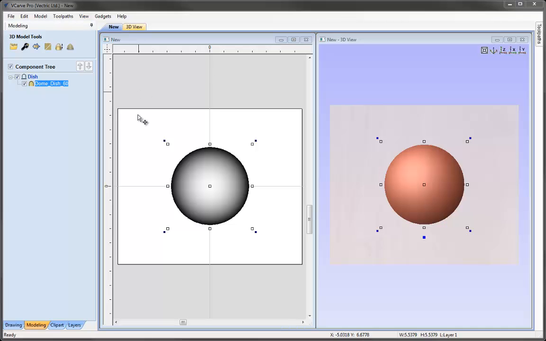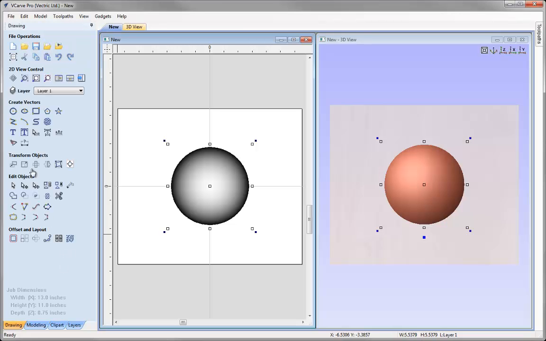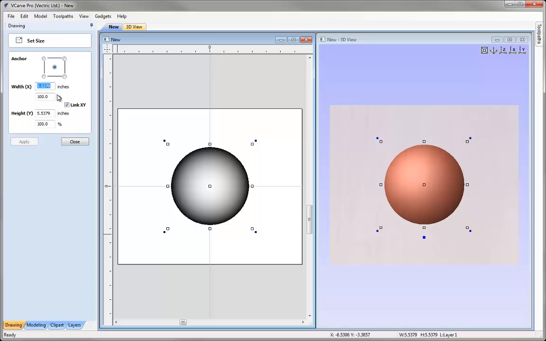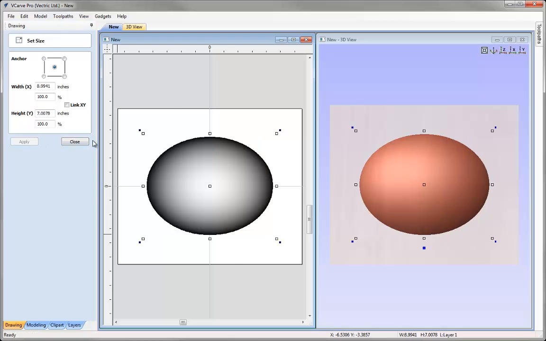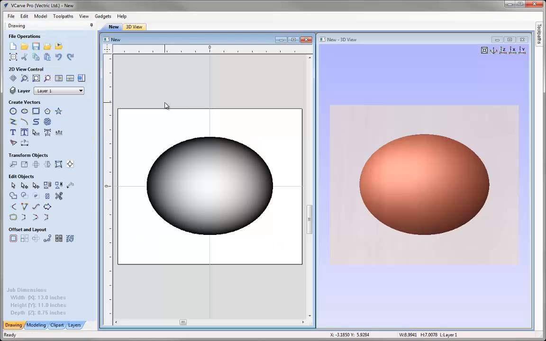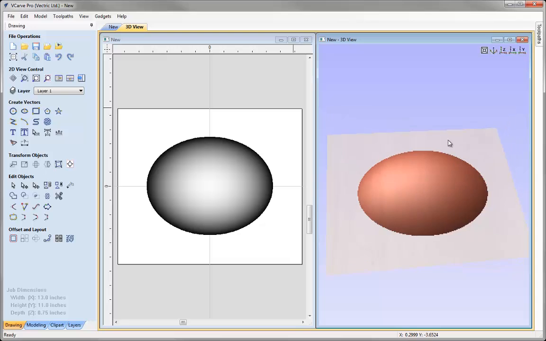Now I'd like to resize our dish, so I'm going to make sure that's selected. I'm going to go to the drawing tab, click on the icon here to size selected object, and I would like to unlink the X and Y and create a shape which is 9 inches across by 7 inches high. Hit apply on the keyboard and close, and you can see that's nicely distorted our dome in order to fit